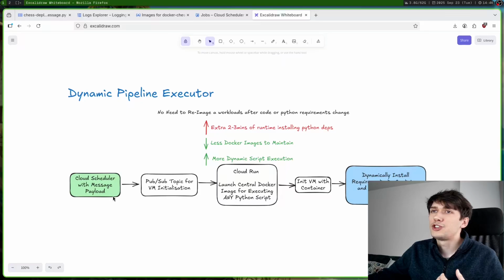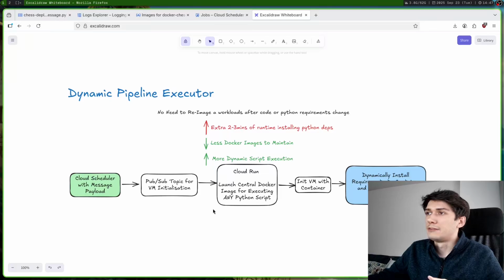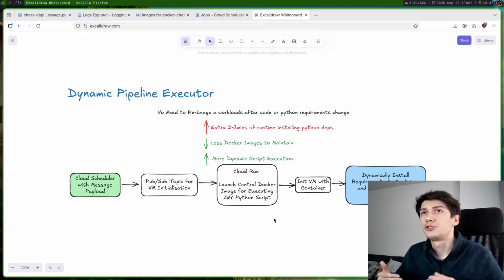We have a cloud scheduler with a JSON message payload. And from the pub sub topic into the Cloud Run service, we're launching a singular centralized Docker image that can accept the message that we're sending from the cloud scheduler. And within that message body, we know which script we want to execute,